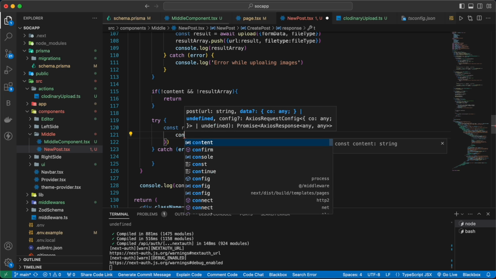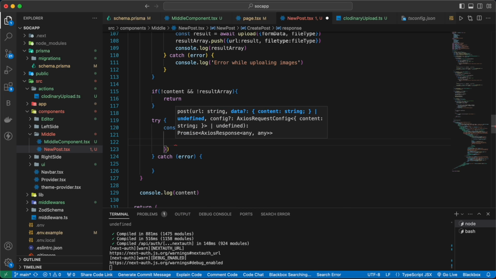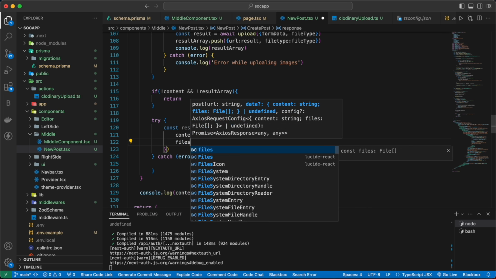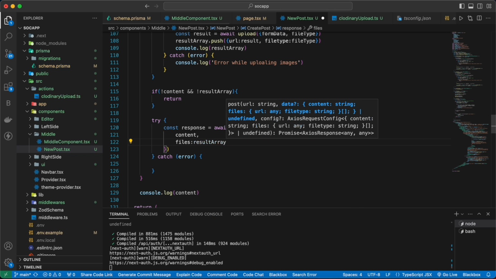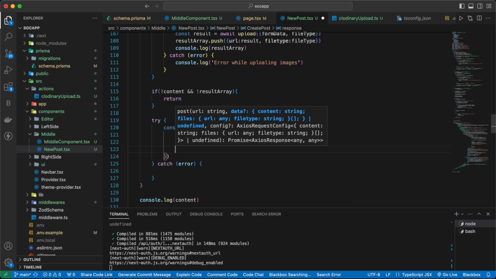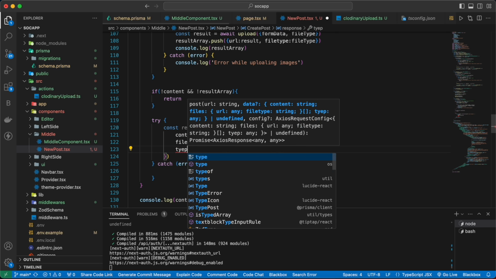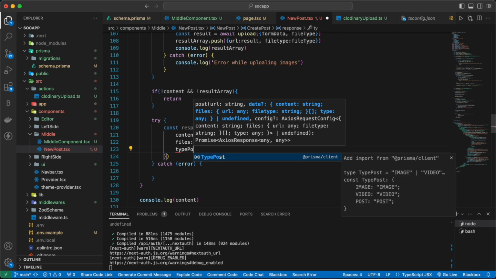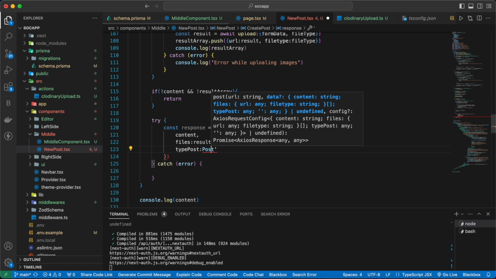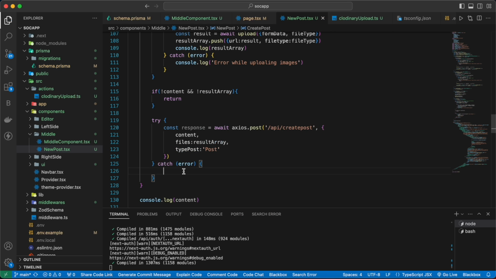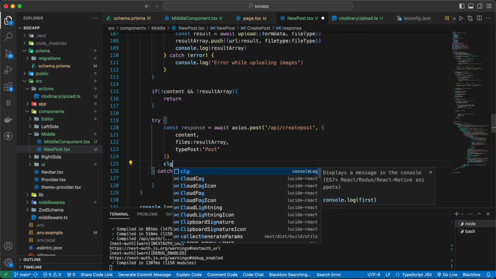So we are going to pass content as well as files, which will be our result array, and then also pass type, which will be post. Okay, so this will be a string, and after that we are going to console log our response,